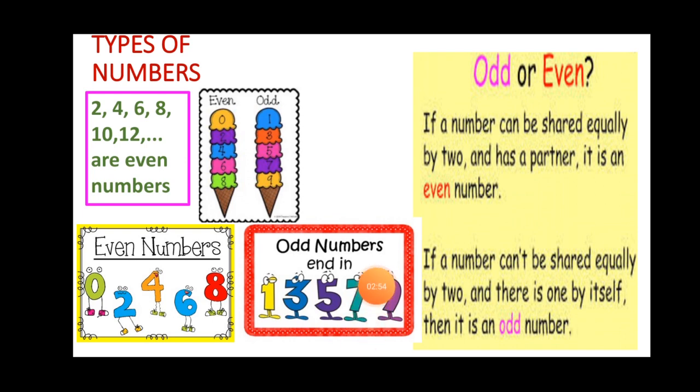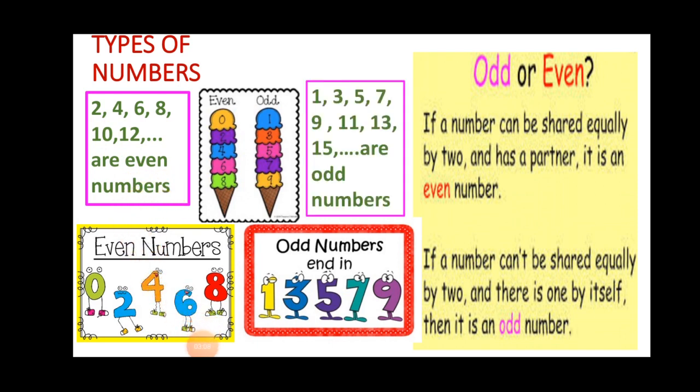And we know that the multiples of 2 are even numbers. So you can see here, these are the numbers which are multiples of 2, so they are termed under the group of even numbers. As such, the numbers which are present on the screen now are the numbers which are not the multiples of 2, so they are the examples of odd numbers.